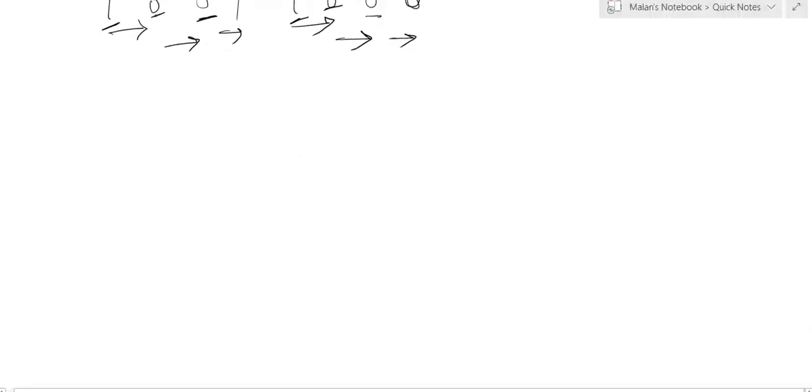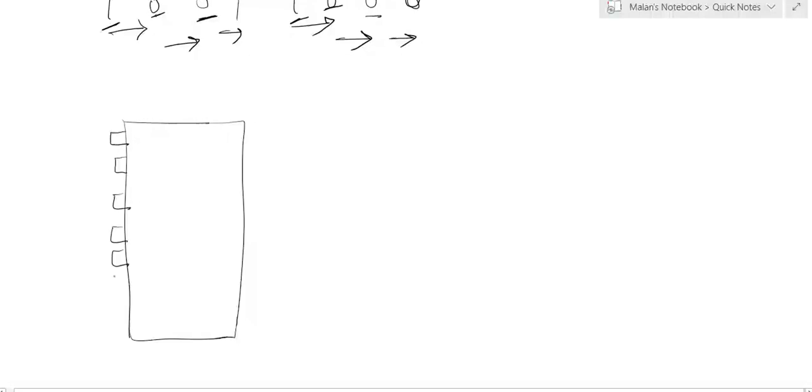There are a total of 16 pins available in the 7485, and the pin diagram will look like this. The pin numbers are 1, 2, 3, 4, 5, 6, 7 and 8, then 9, 10, 11, 12, 13, 14, 15 and 16.